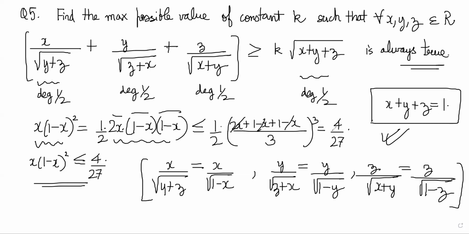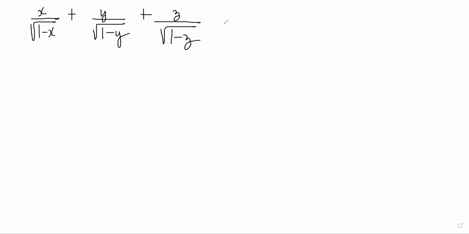Okay, so the left hand side can be written like this: x by root over 1 minus x plus y by root over 1 minus y plus z by root over 1 minus z. And we can rewrite it